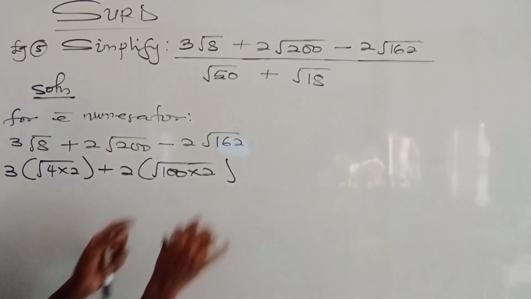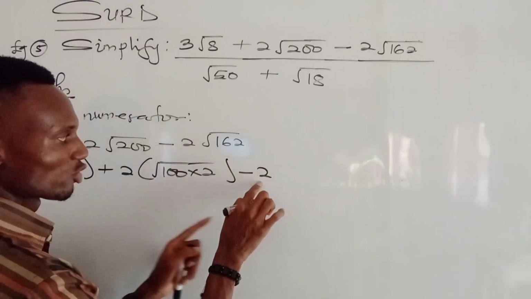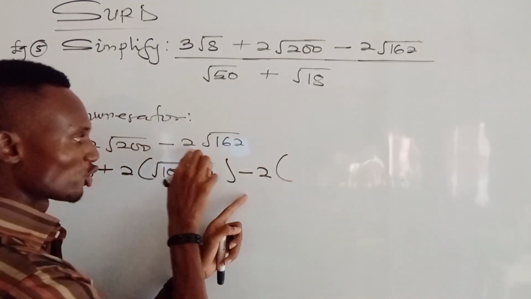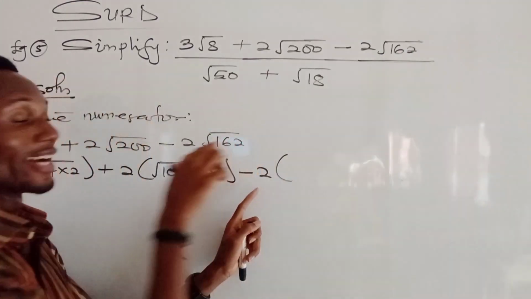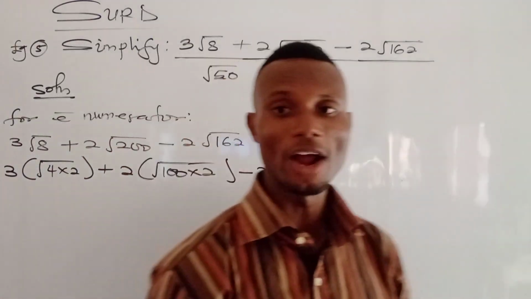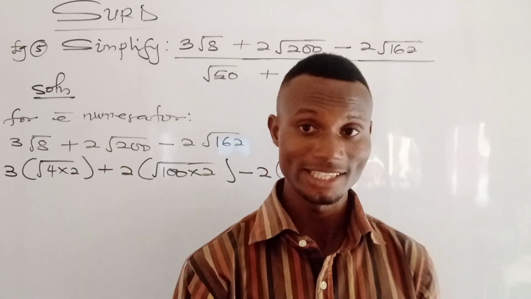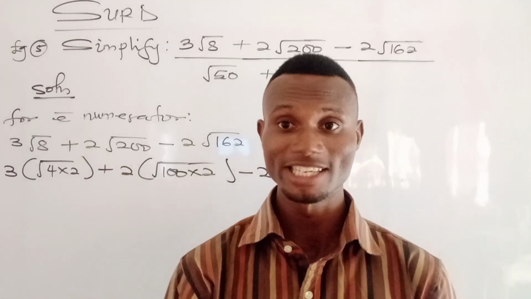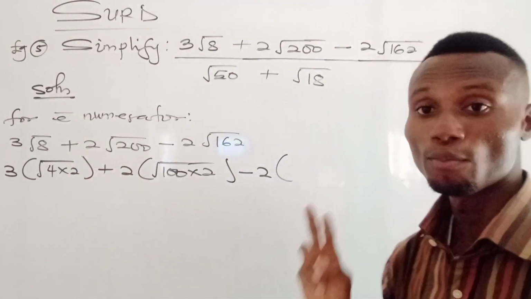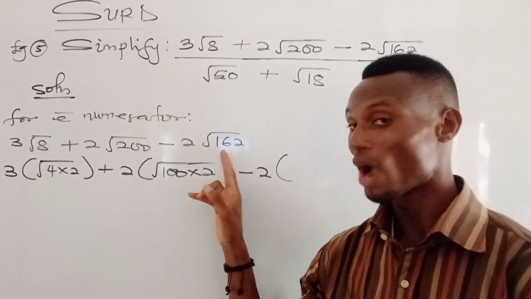Then you close your bracket. You bring your minus sign, which is here. Then bring the 2, which is here as well. Then this minus 2 is multiplying the root of 162. So you bring your bracket. Then the square root of 162 also, we have to simplify using the knowledge on the simplification of surds. Okay, so I'm going to look for 2 numbers that can multiply to give me back the